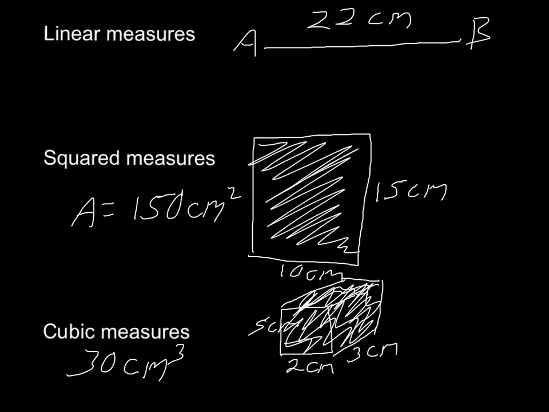Today's lesson, we're going to look specifically at how to convert linear units of measure. I always like to visualize my different units of measure using a staircase. So we start off with the smallest unit of measure, and we go up the stairs all the way up to the largest unit. So the smallest unit of measure is millimeters. Next one is centimeters,